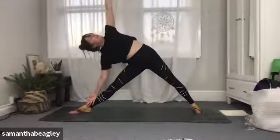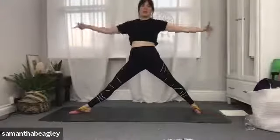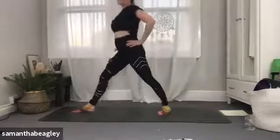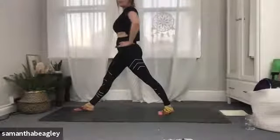Take a nice deep breath. And gently bring yourself back up to standing. Keep both legs nice and straight. Bring your fingers and thumbs onto your hip bones and steer yourself to face the front. And here you can step that back foot in slightly, so your feet are about 1 meter to 1.5 meters apart. Fingers and thumbs